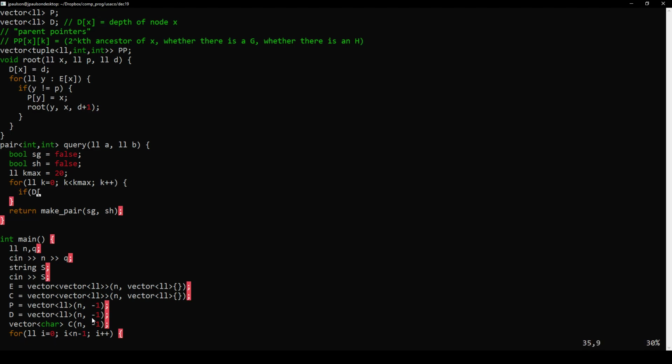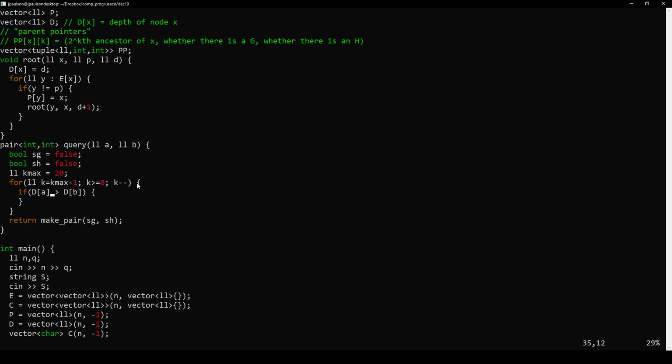So consider all these steps. We're going to take steps until they have the same depth. So if A is deeper than B, then we want it